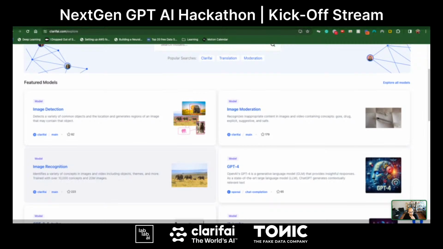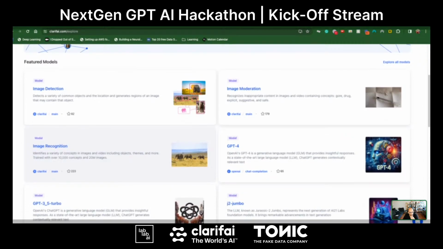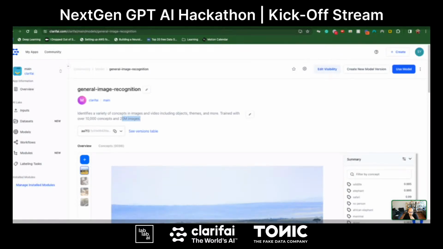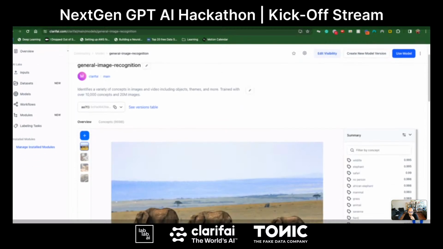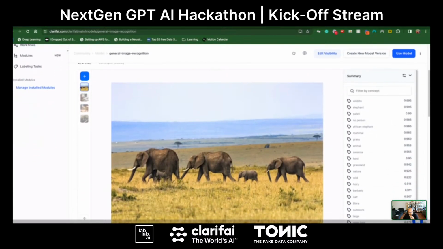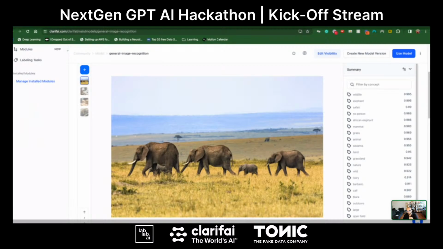The largest model that is Clarifai trained is our image recognition model. It is trained to identify close to 10,000 concepts, and it has been trained on about 20 million images. To understand its power, you can see it right now being fed this image of a savanna in a nature setting.